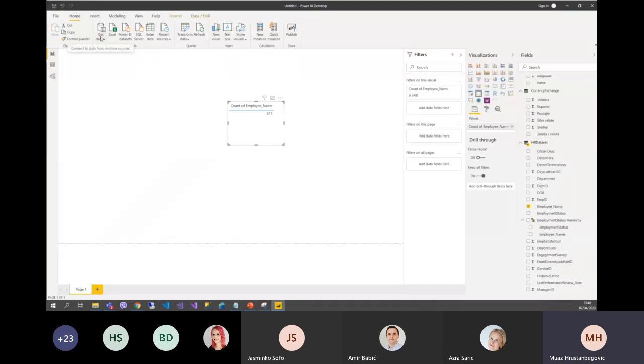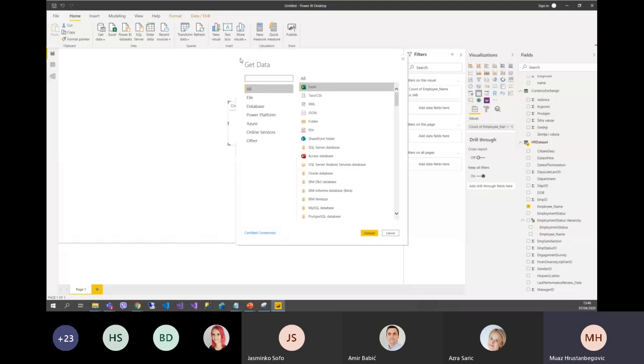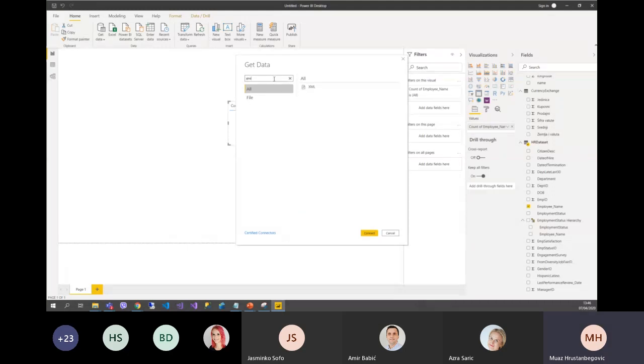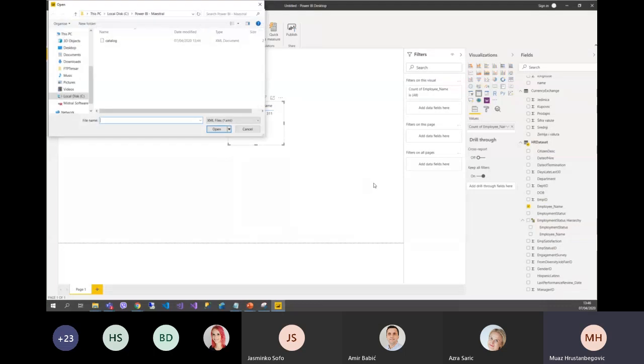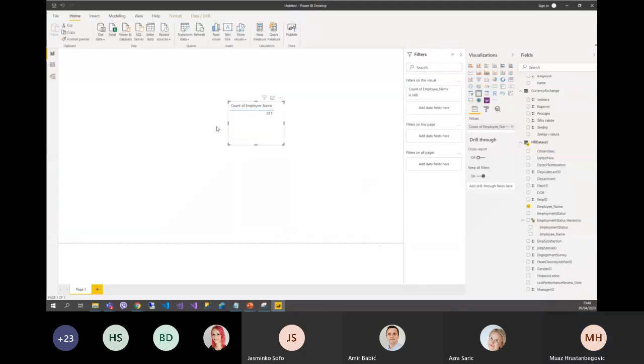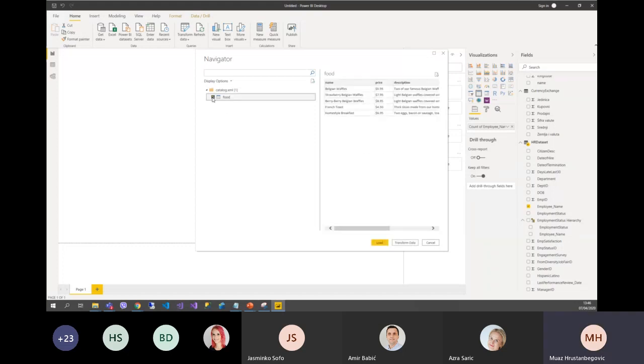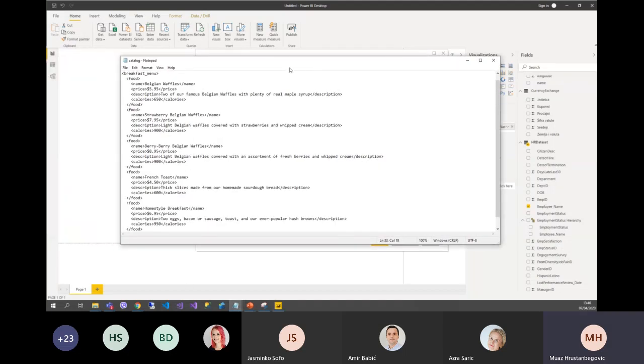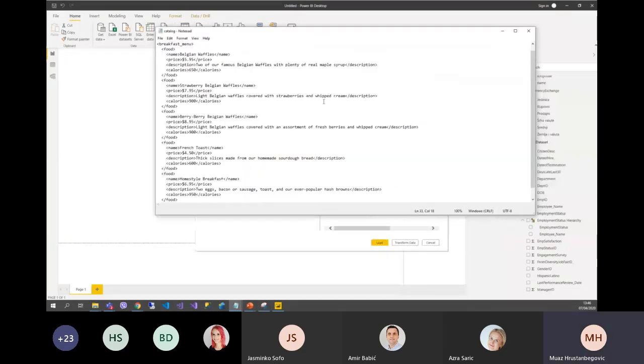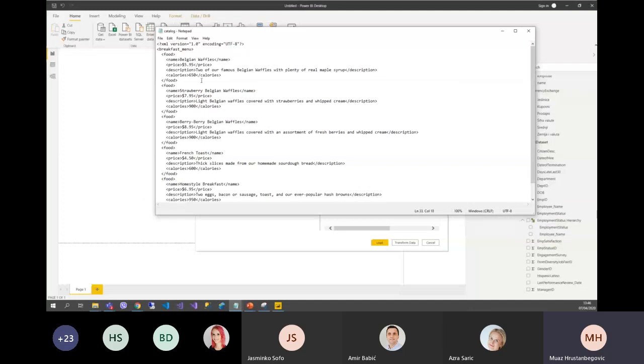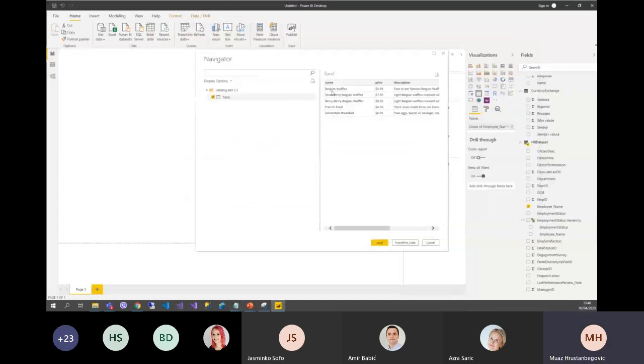Next one, I want to import XML. I go to get data, of course. I choose more. I choose XML from sources. Click connect. And I do catalog. I say food. Let me go back to the XML. XML file looks like this. What Power BI did here is transform from this version to something that is more readable, like here. We can just click load,